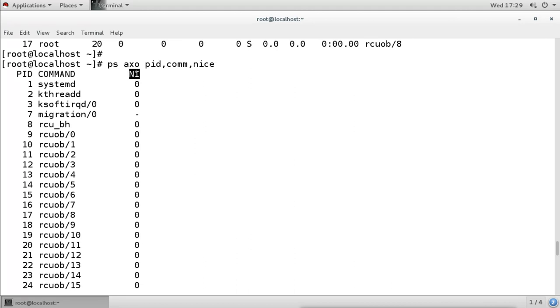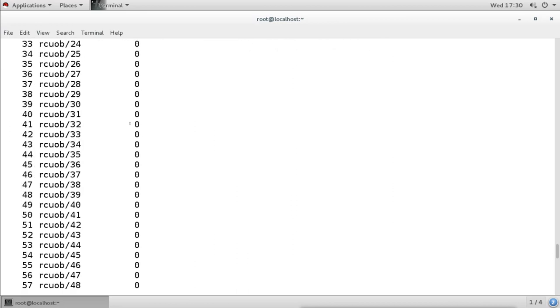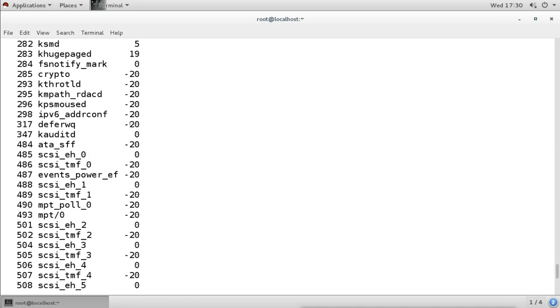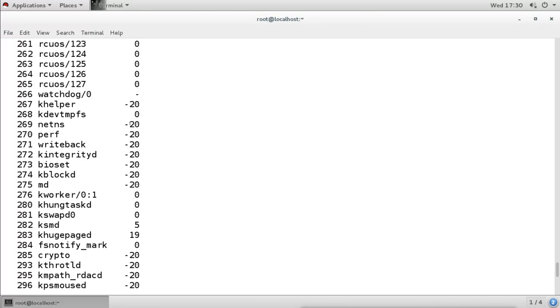Now the default nice value is 0, so the default is 0 here, and most of them have 0. As you can see, most of them have 0, but some of them have -20. That means they have very high priority.